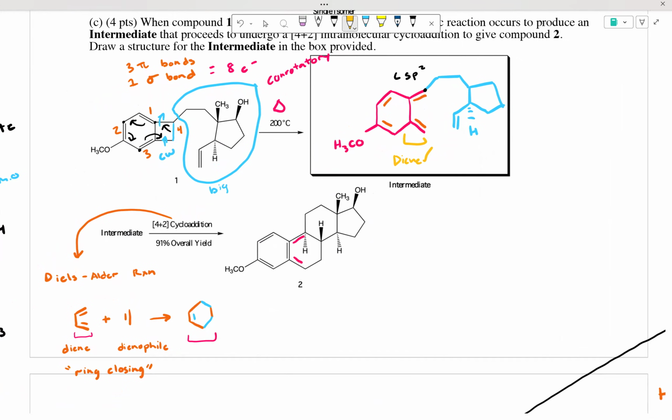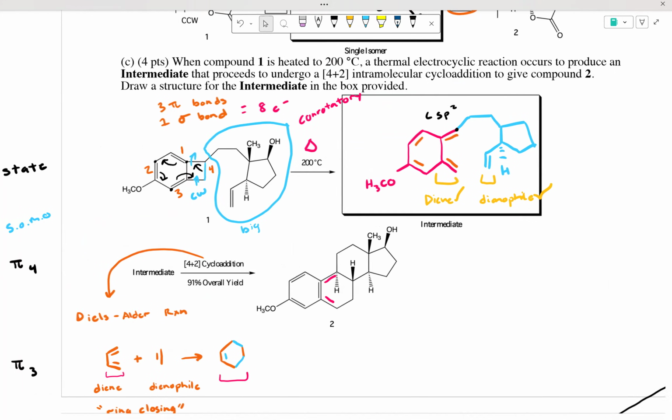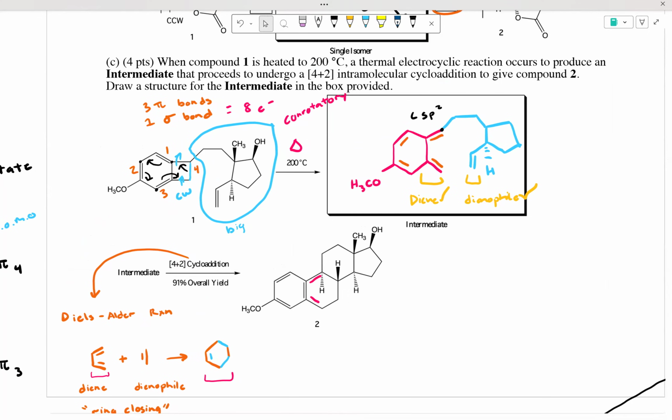And I actually have a dienophile already in the molecule, which is this lone alkene. So check. So that means this is the correct answer for our description, because we opened the ring through the thermal electrocyclic reaction and we've drawn an intermediate that can undergo a 4+2 cycloaddition or a Diels-Alder reaction